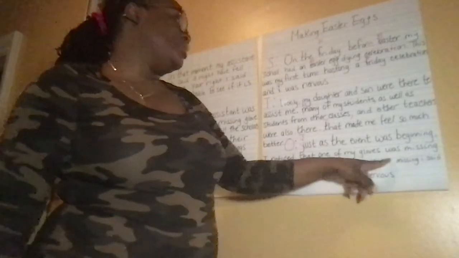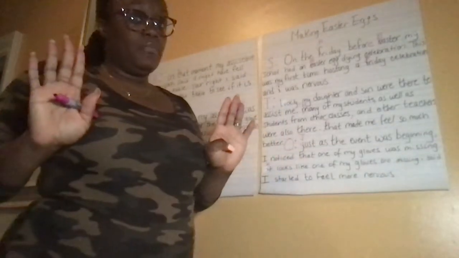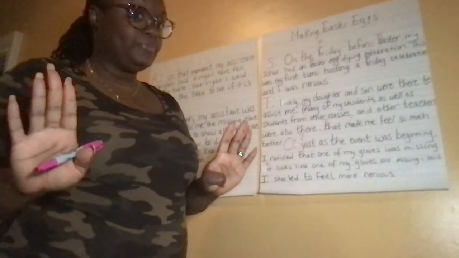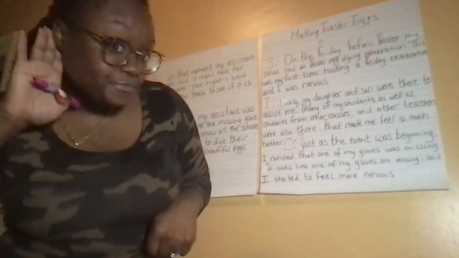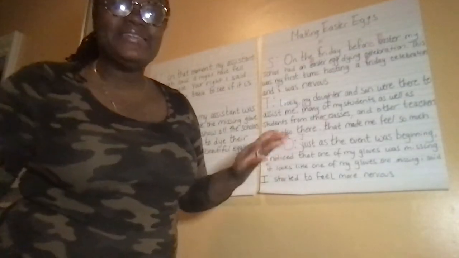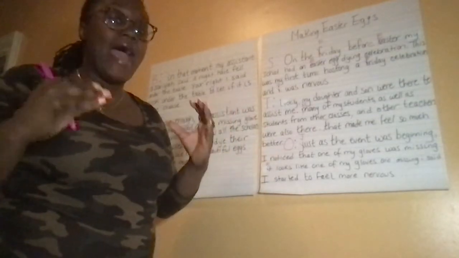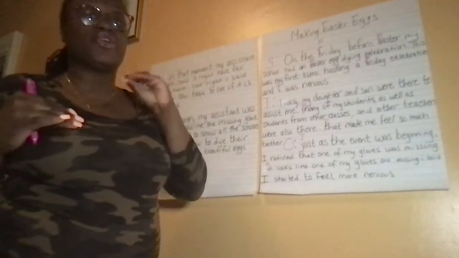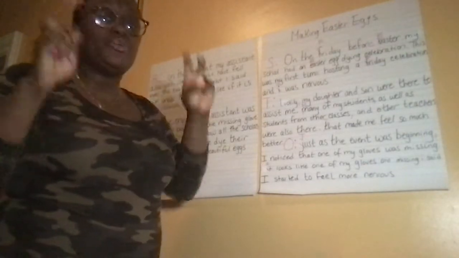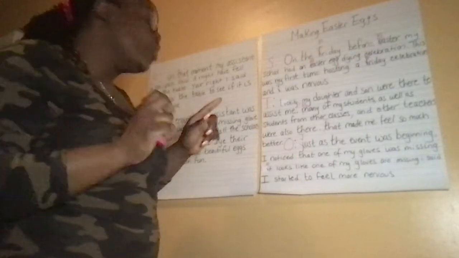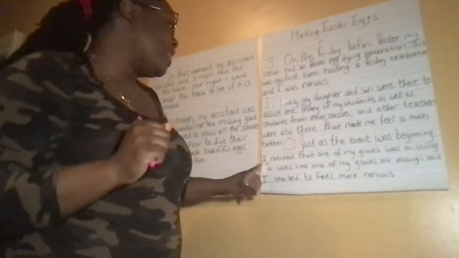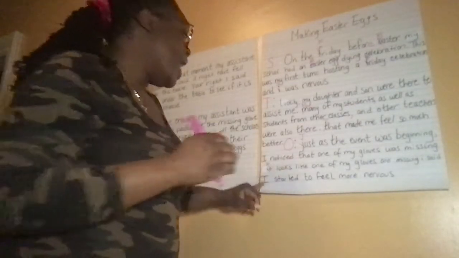Okay? Now, it looks like one of my gloves are missing, I said. Pause. Hold on a second. What is this sentence missing? Absolutely, it's missing dialogue tags. Friends, whenever you're writing and you have one of your characters speaking, you always want to make sure you put your dialogue tags or your quotation marks around what they're saying. So what I should do, friends, is right here where I begin talking, I am going to put